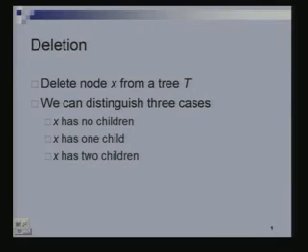We are going to start with deletion. In the last class we saw how to do insertion, search, computing successor, computing predecessor, computing minimum, maximum in a binary search tree. Today the only one operation that is left is the one of deletion. So, we are going to see how to do deletion in a binary search tree,